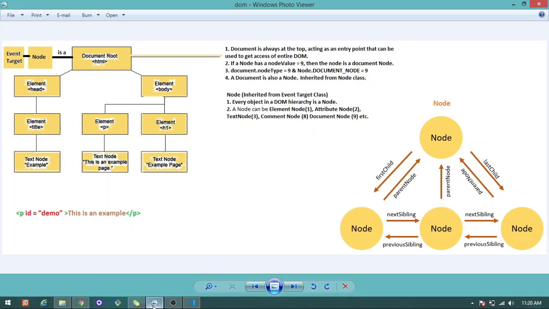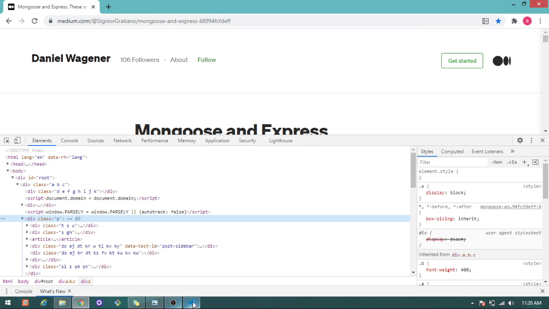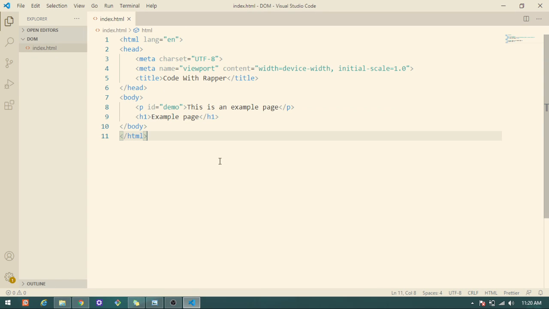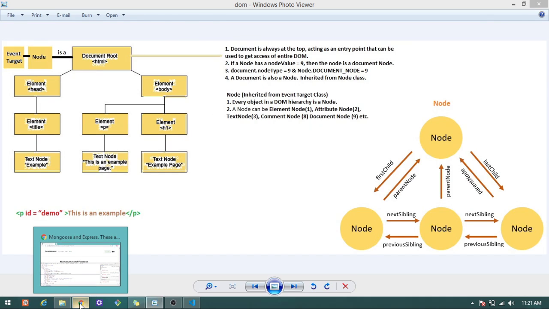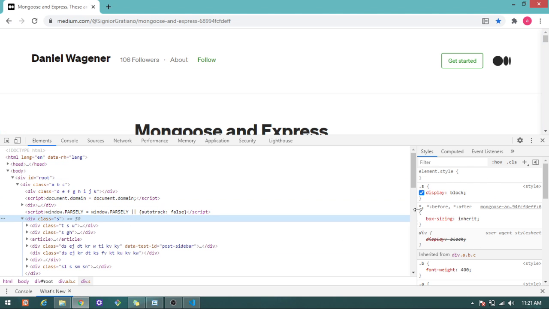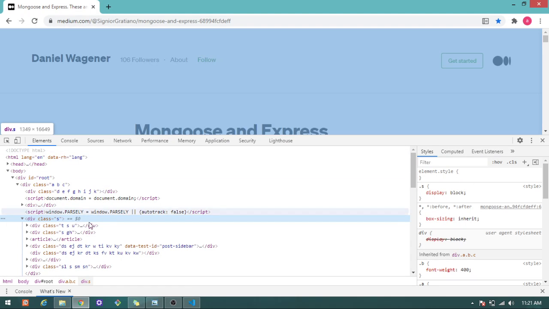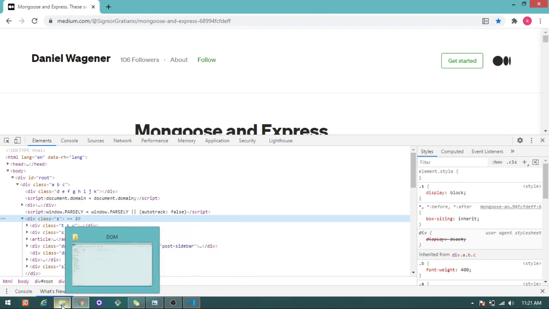When we write this code, a document object model will be created like this. As we know, JavaScript cannot understand markup language or style sheets. So what happens when this web page is loaded? Let me open this.